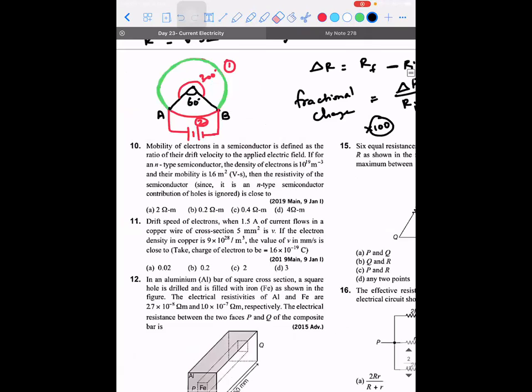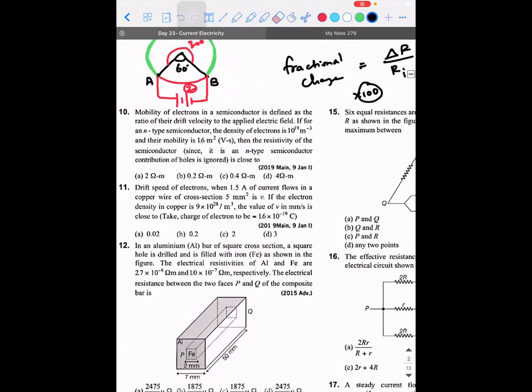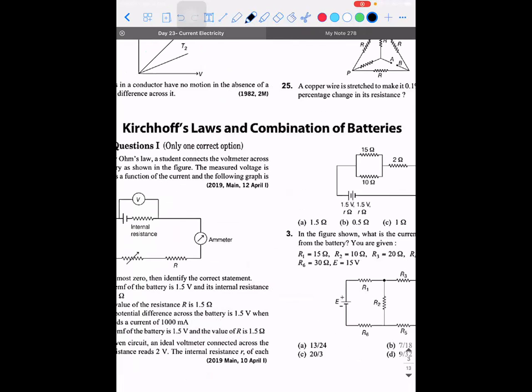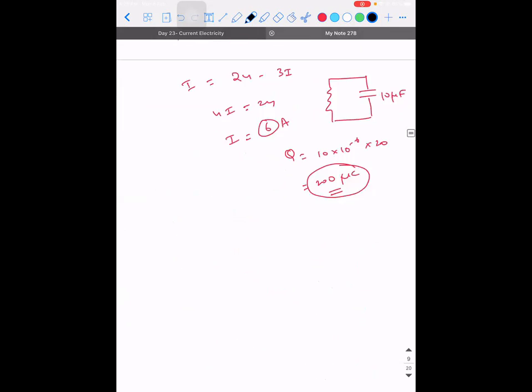So this is all about resistances. Now let's do some problems which are based on Kirchhoff's laws and combination of batteries. I hope you guys are good with both. Assuming you are good, I want to start solving the problems directly. If you want me to repeat something, I will do it. Shall I tell the basics? So what are Kirchhoff's laws? Two laws. The convention in the second one is confusing. Okay, I will tell it.